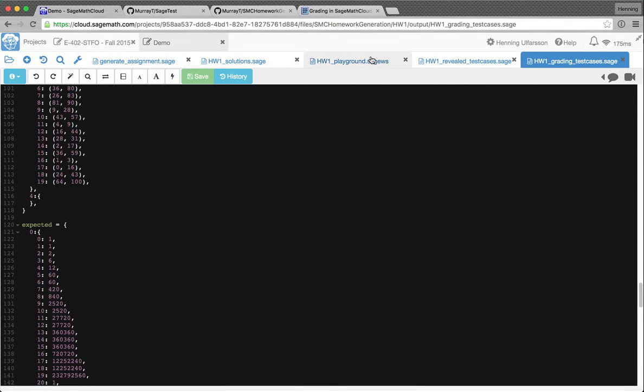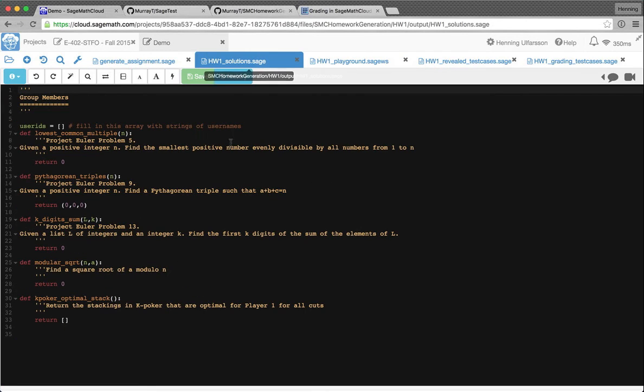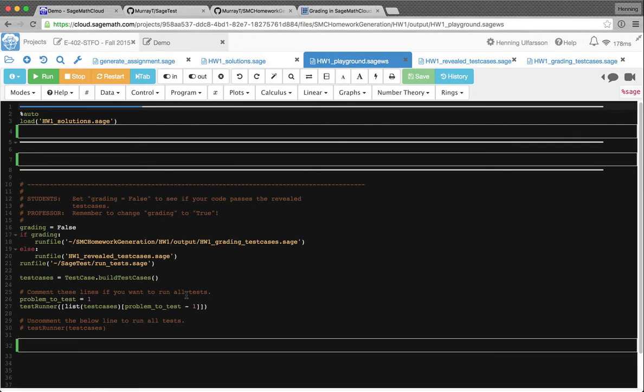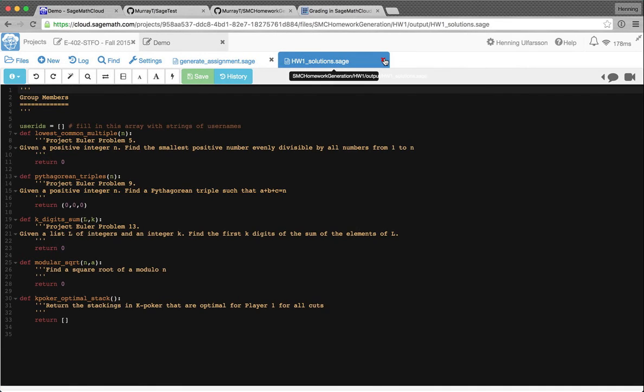Alright, let's see if it loaded the playground file, and here you can yourself, before you assign the homework, make sure that everything makes sense. You can implement this on yourself, for yourself, and check if all the test cases are passing like you want them to. And once you've made sure that everything is working properly,